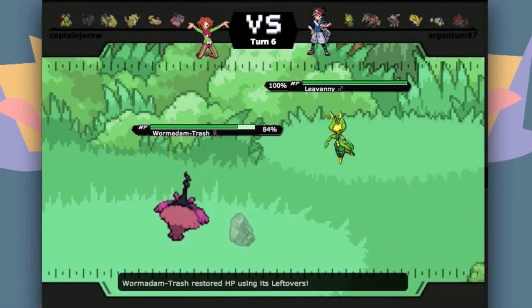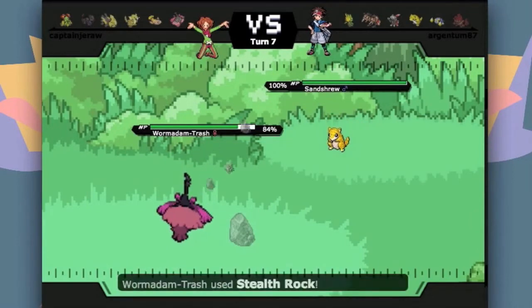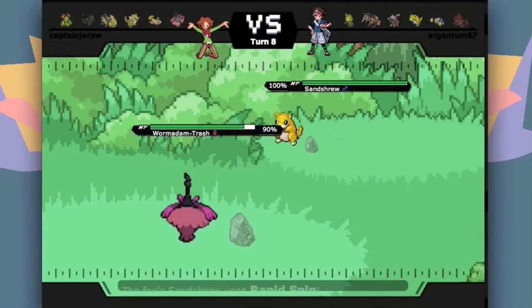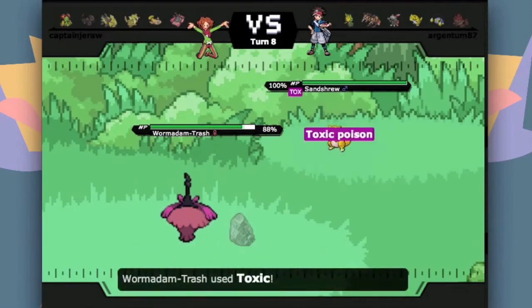But now he brings in his Leavanny, I bring in my Wormadam Trash. It is basically just like a mini fortress. It is going to tank those physical hits for days, and I'm going to be able to set up my hazards, but he brings in his Spinner, his Sandshrew, and that's not too big of a deal because I do carry the Toxic,